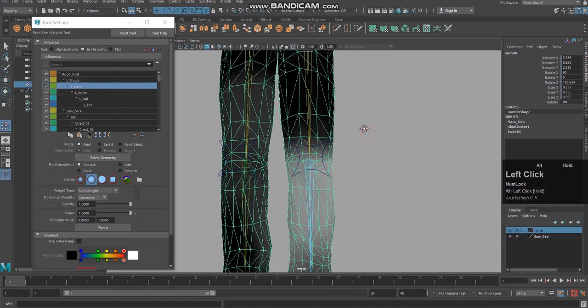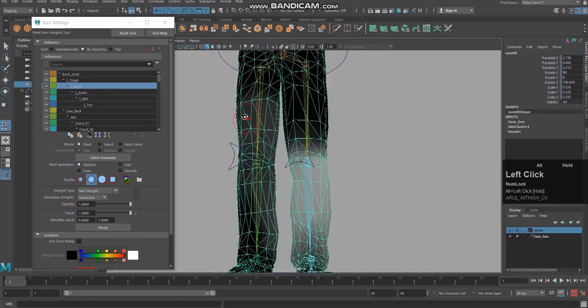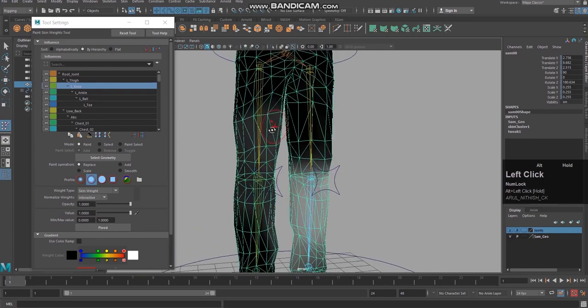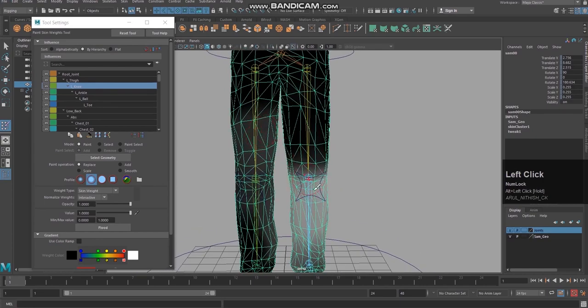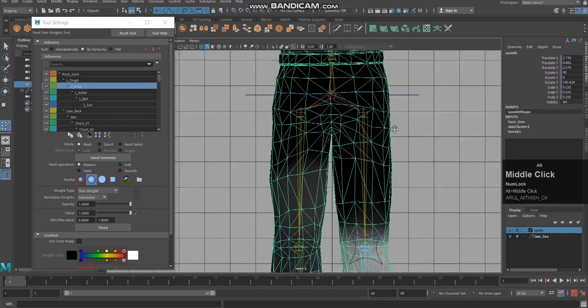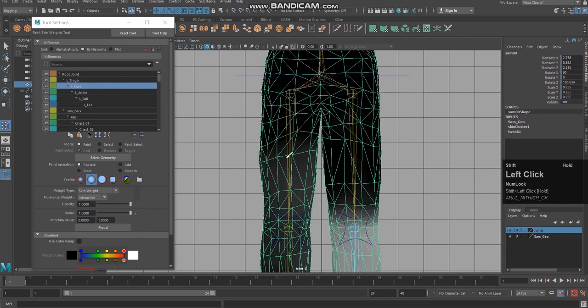Yes, I told you, right? When I'm selecting the left knee, you can see the influence in white color here as well as here, this place. So again this kind of problem will come. This left knee bone is having influence here. Again, hold control, come to front view, hold control and remove it.